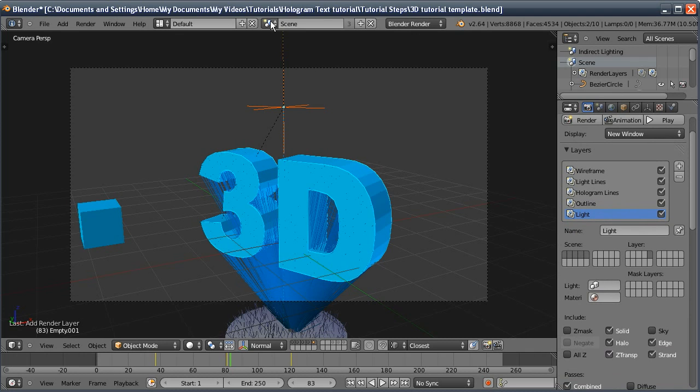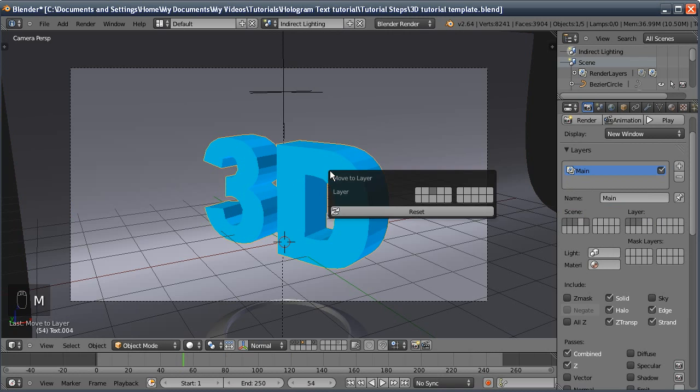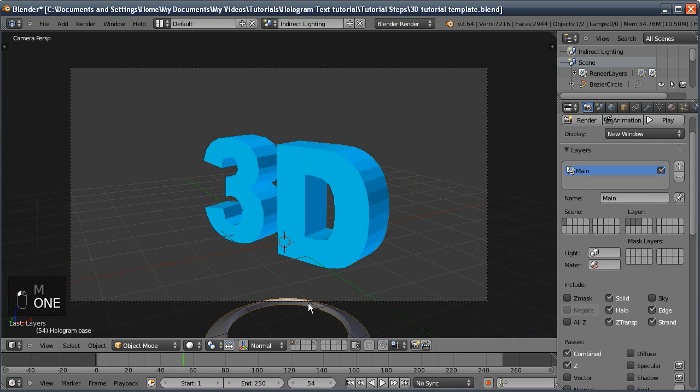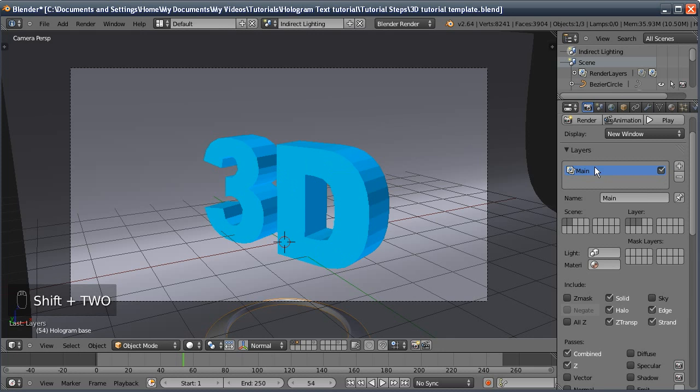I'm then just going to go into our indirect lighting scene. I'm going to move our main text onto layer 1, and then move this little portal onto layer 2, and then we're going to have two layers. One's called main, it's going to be layer 1, no sky, and the second layer is going to be background, and that will only be layer 2, and that will need the sky. So now we've got all our render layers set up, we're going to go into the compositor and add them